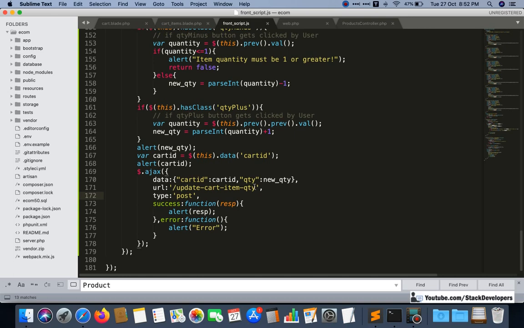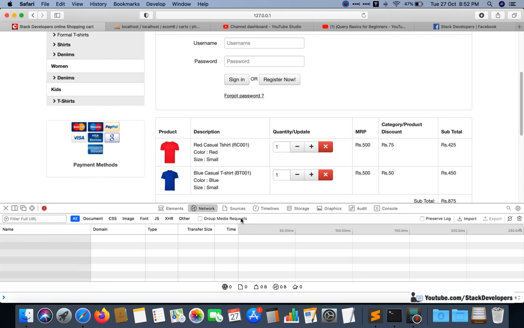Now I'm going to check whether it is going to that route and coming back to the function with the data or not. Two things must come there, one is the card ID and one is the new quantity that we want to update for that card item.